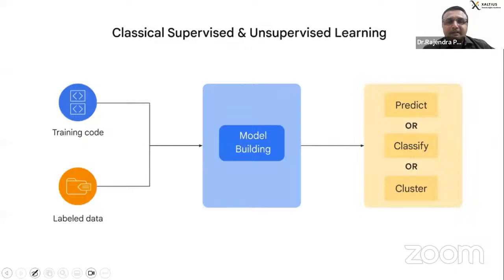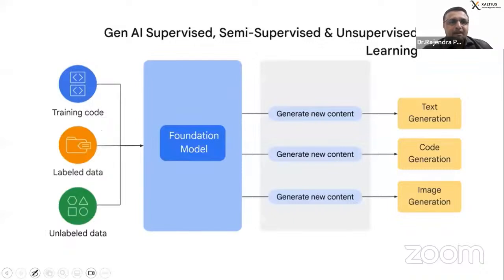Earlier we were writing the code. Based on the coding, it was simply doing the job of prediction, classification, clustering. On Google, you used to search, correct? Whatever you needed, you used to Google the things. Whatever prompt you gave, there used to be a list of all the websites, web pages. From those websites, web pages, you needed to compile the data, and then you generated your own content. Now this particular task is being done by the LLM model, and that is nothing but Gen AI. So this is how generative AI works here.